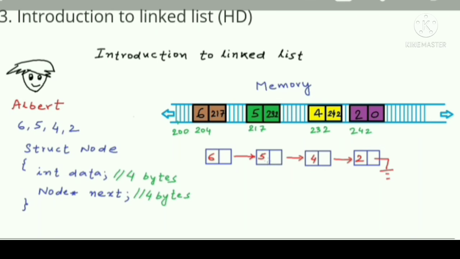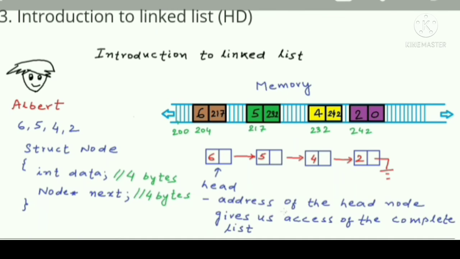The first node is also called the head node, and the only information about the list that we keep all the time is the address of the head node, or address of the first node. So the address of the head node kind of gives us access to the complete list. The address in the last node is null or 0, which means that the last node does not point to any other node. Now if we want to traverse the linked list, the only way to do it is we start at the head, and we go to the first guy, and then we ask the first guy the address of the next guy, the address of the next node, and then we go to the next node and ask the address of the next node.